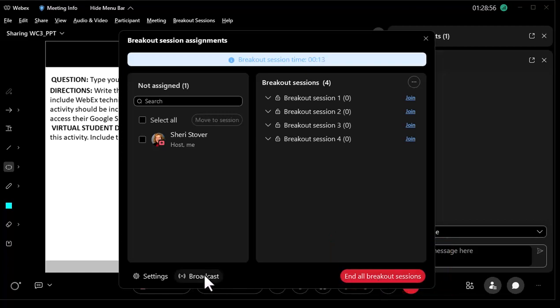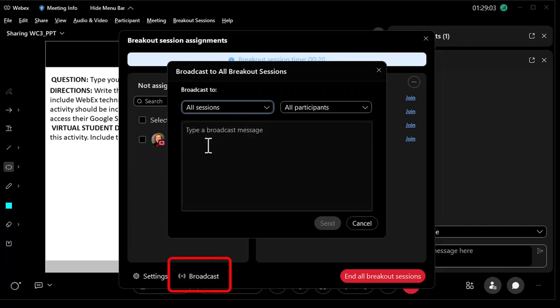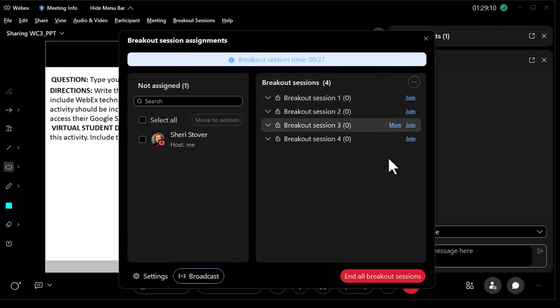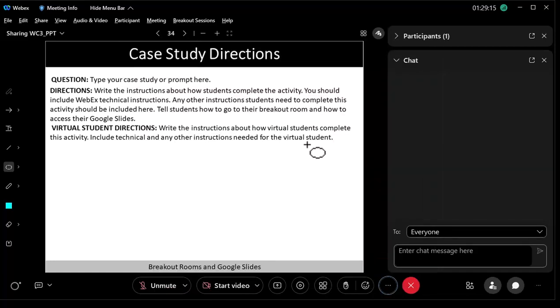If you want to send them a message ahead of time to say, hey, I'm going to stop the breakout room, you can click on broadcast, send them a message, and they get it, because I've had students complain when you just close it. But when you do close it in breakout rooms, you can end the sessions and it brings them all back. Then you would have somebody in the group, and even though there's 4 groups, remember you're sending everybody to group 1, they would click on share, report back, and then come back together. So that's your case study.